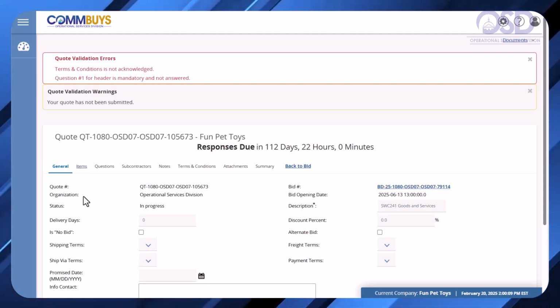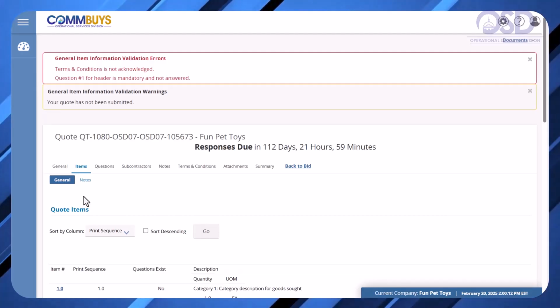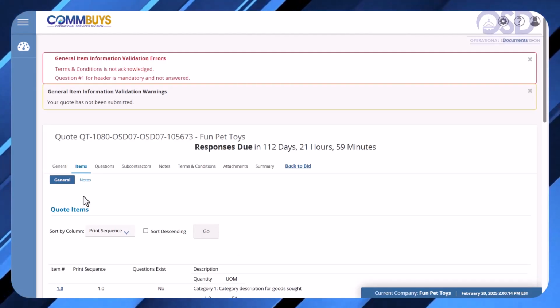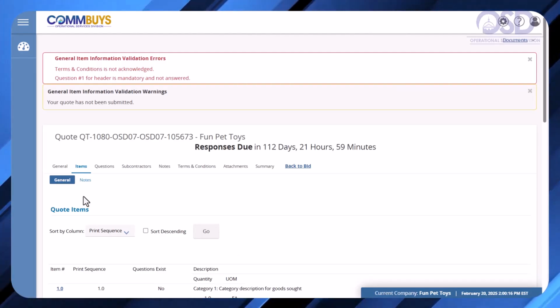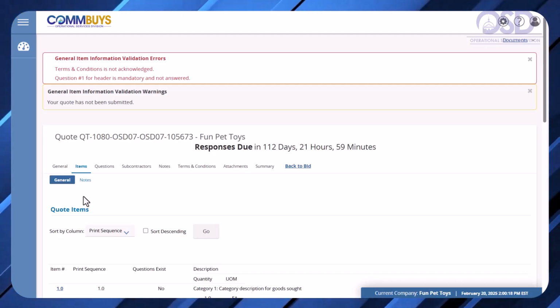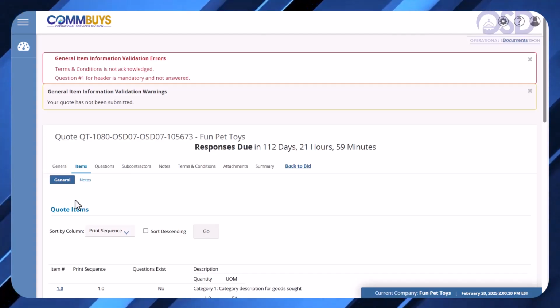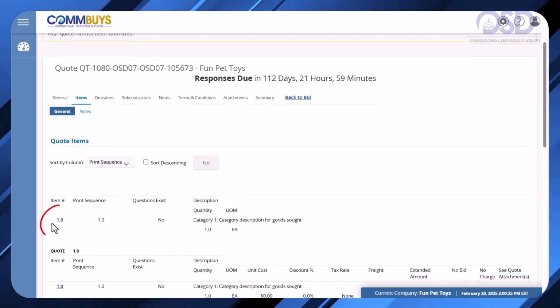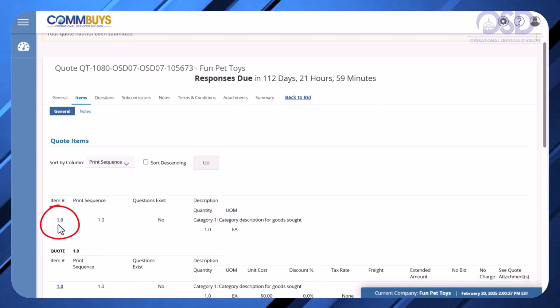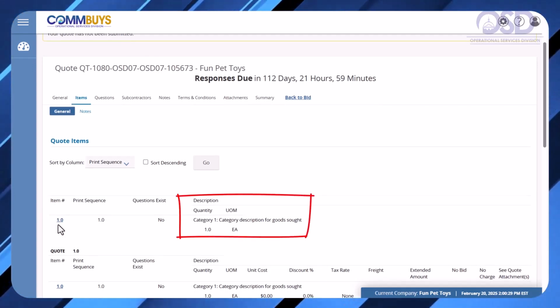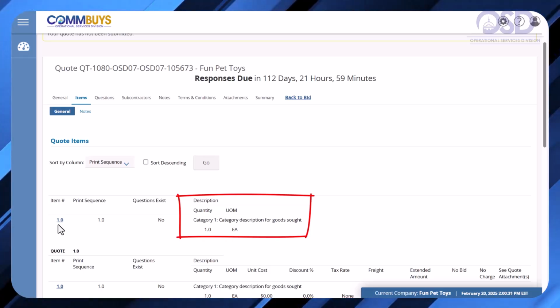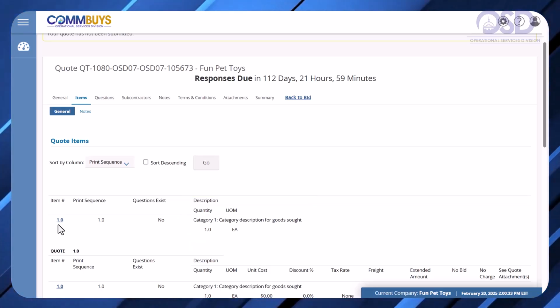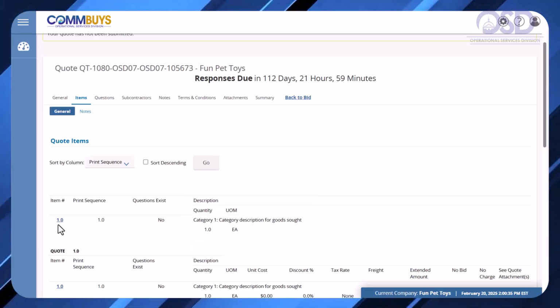Click the Items tab. Listed here are the same items or categories from the bid solicitation and described in the RFR. Notice that each item includes a hyperlinked number. Clicking it may reveal more information about the item. Each item also has a description. The setup of items and the method of responding vary.